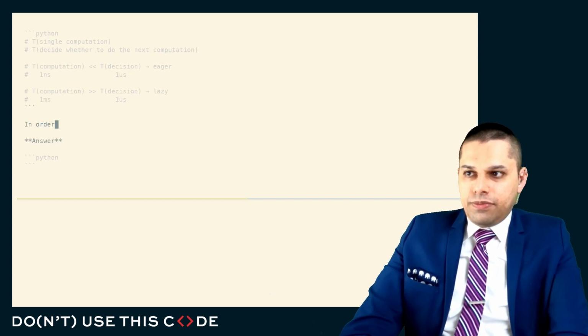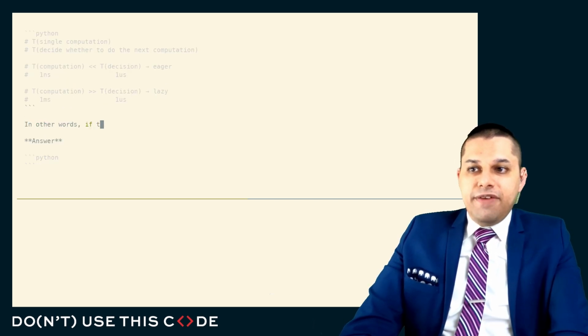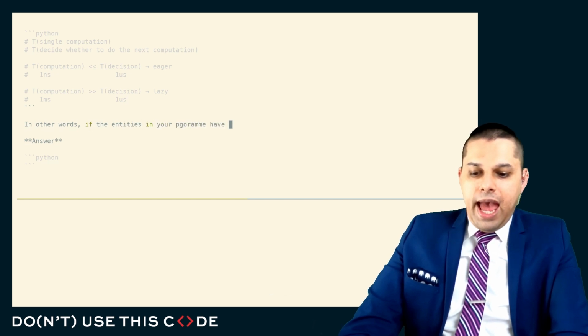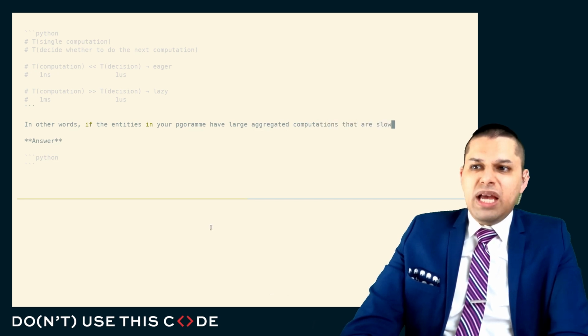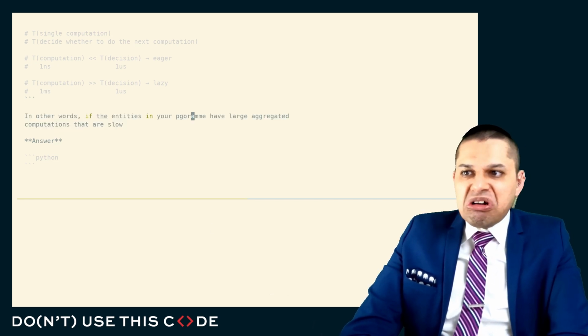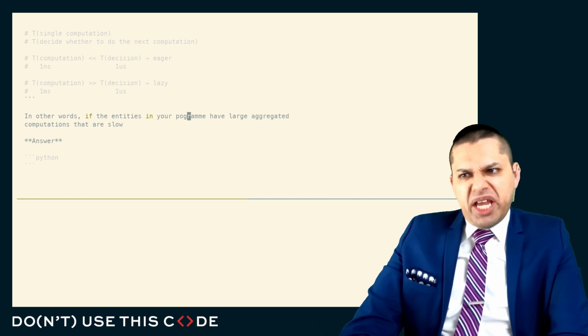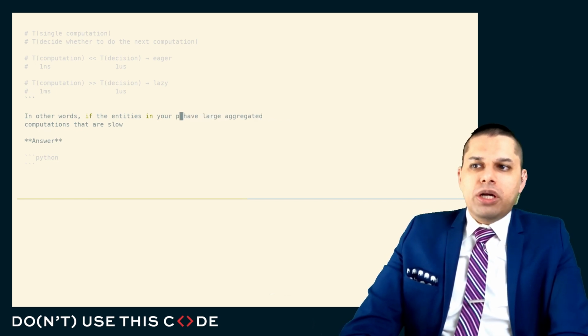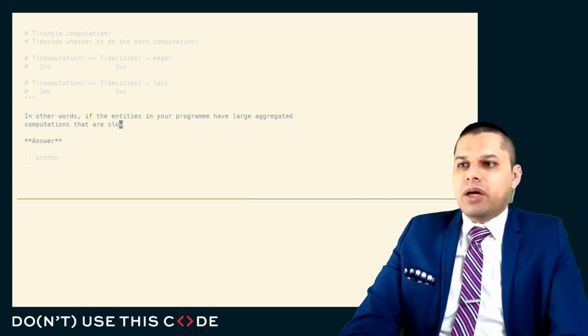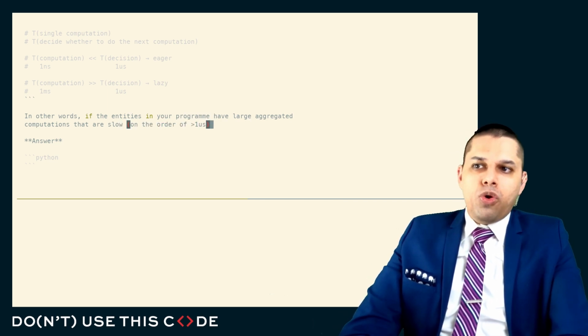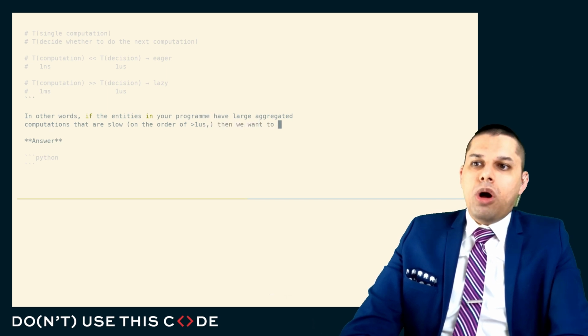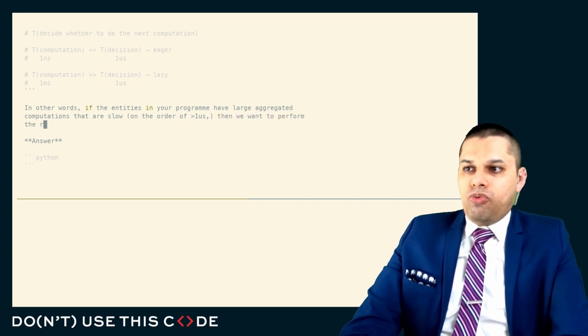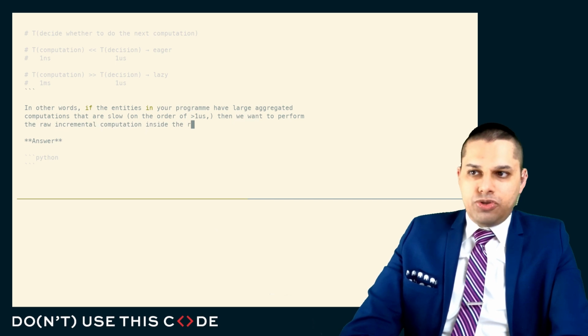In other words, if the entities in your program have large aggregated computations that are slow, and by slow, what I mean is on the order of more than, say, a microsecond, because that's maybe our benchmark for how long it takes to run one line of Python code, one if-else in Python. So maybe on the order of more than a microsecond. Then we want to perform the raw incremental computation inside the restricted computation domain eagerly,